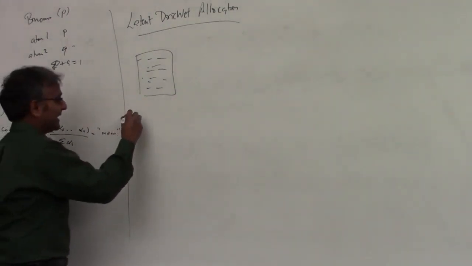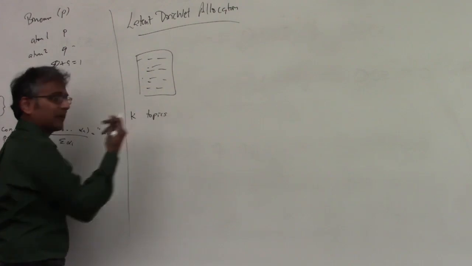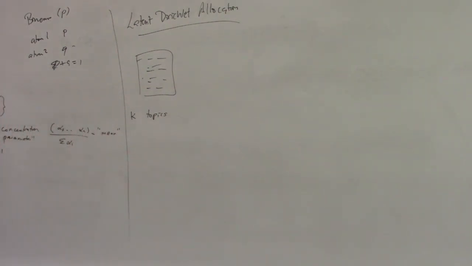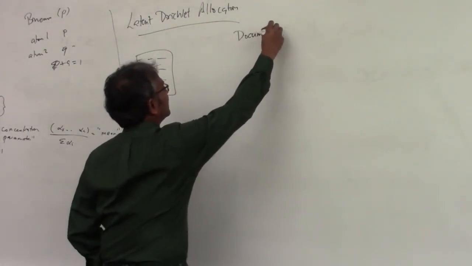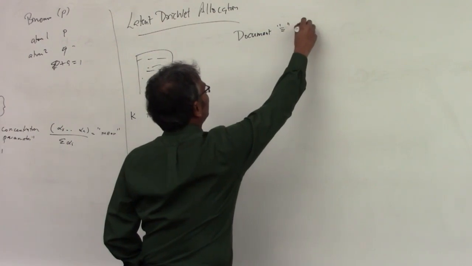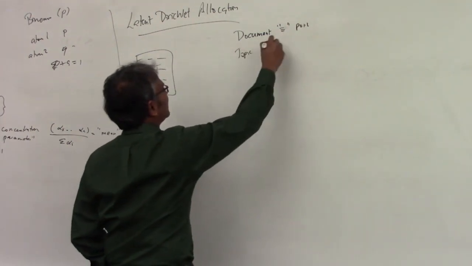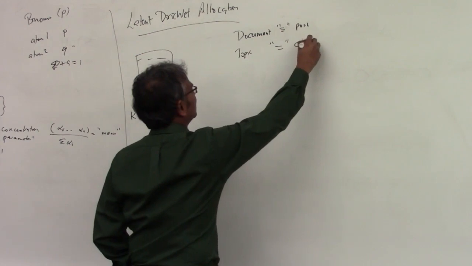In the language of clustering, you could say I want to put this document into a cluster. What it is about is a topic. So there are usually K topics, and I chose K deliberately because topics you can think of as clusters. Okay? And you believe the document belongs to some number of these topics. The document may not be about one topic, it might be about multiple things. So it has some partial membership in each of these topic classes, just as a point has some partial membership in clusters. In this parallel, a document is kind of like a point, and a topic is kind of like a cluster.